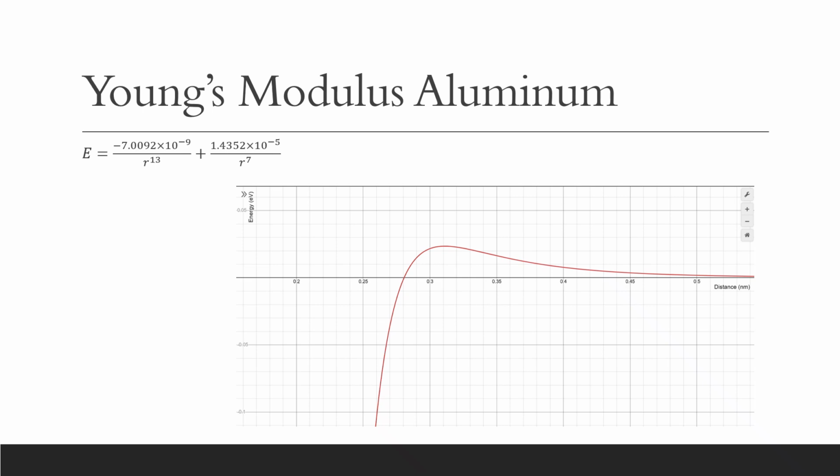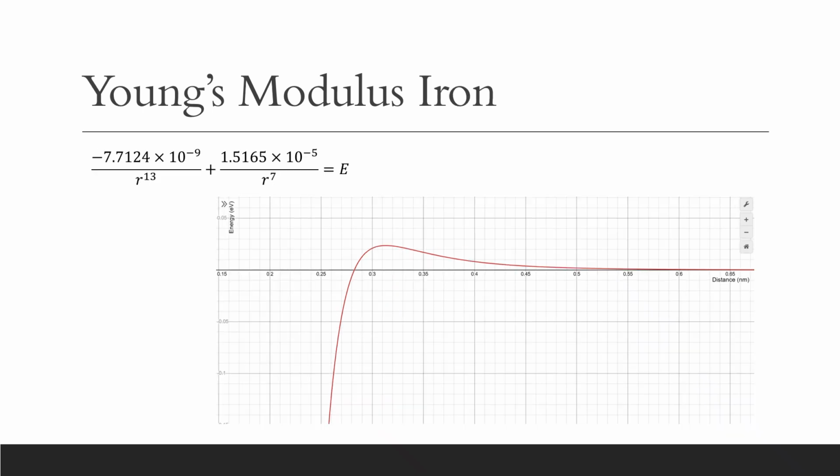Young's modulus was also calculated with aluminum and iron, and Young's modulus is calculated from the slope of the original graph, which is just done by taking the first derivative. So this equation is the first derivative of the previous graph for aluminum, and this is the graph that was generated. Graph for iron, where I took the Young's modulus with the first derivative of the previous equation of iron,